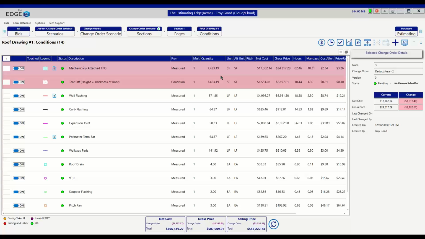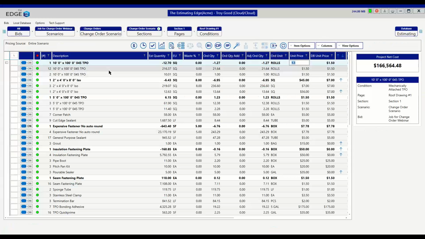Another way that I can double check to make sure that the change has gone through is you'll notice here at the top, we have that negative coming through with that red color. If I go out to my material pricing screen, you'll also be able to see all of the material that we have throughout both change orders. So in this case, if we take a look at the insulation, which is the line item that I changed,